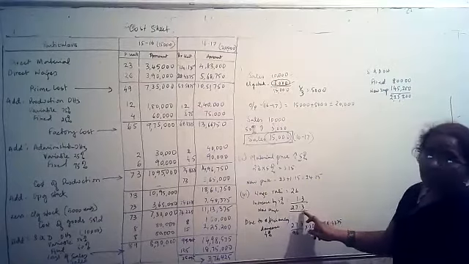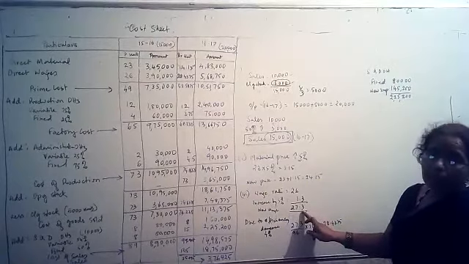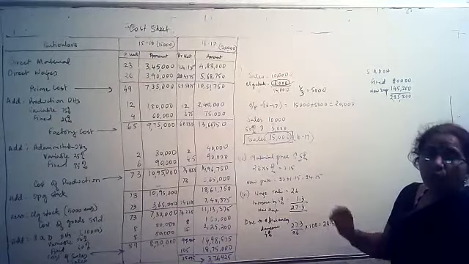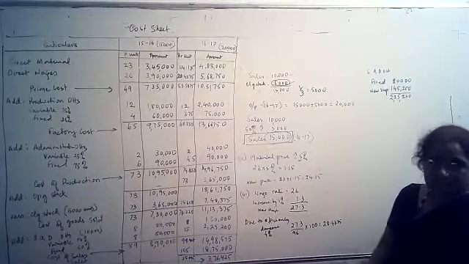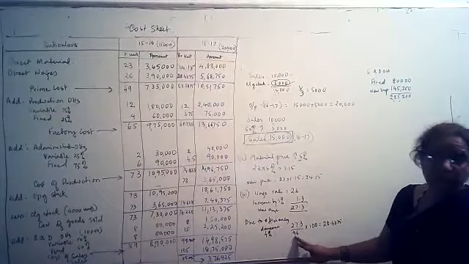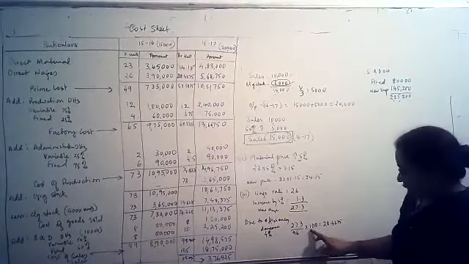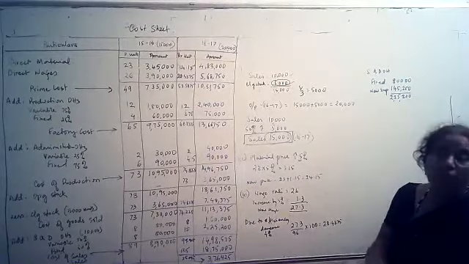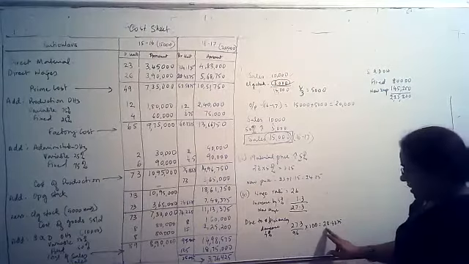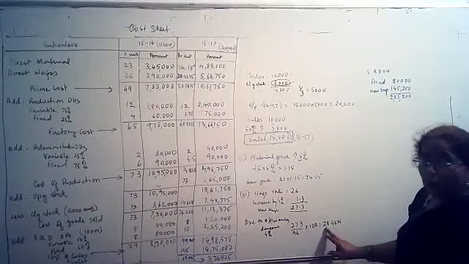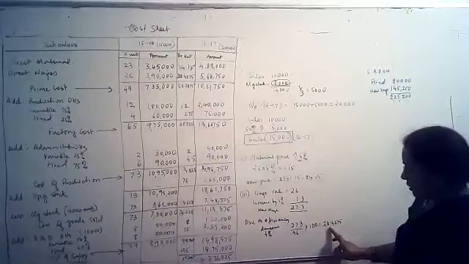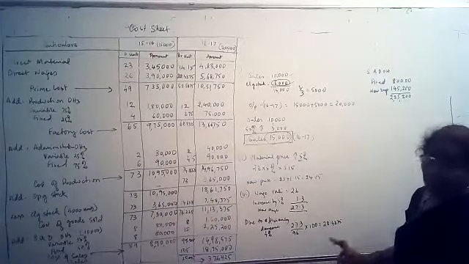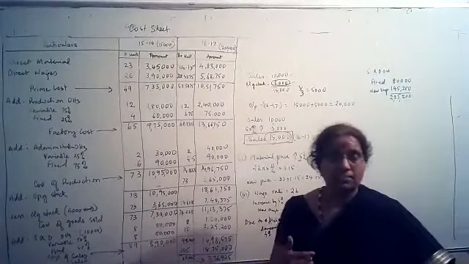27 rupees 30 paise, if I pay 27.3, my work done is 4% lesser. So I have said it is 96%, and to get to 100% done, how much do I have to pay extra? I have to pay now a new amount, not 27.3, I have to pay 28.4375.